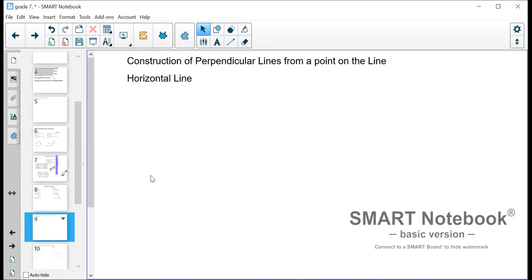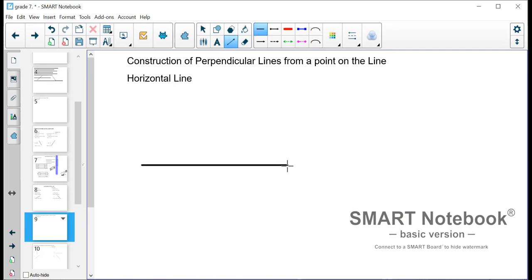So if we have a horizontal line, the perpendicular line would be a vertical line, right? And both of them must touch each other and they must form a 90-degree angle or a right angle. All right, so in doing that, the first thing we do is draw a line. Now, the next thing we do is take our pair of compasses and we place it at any point on